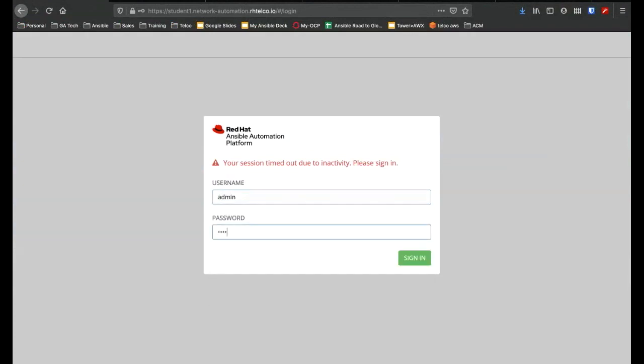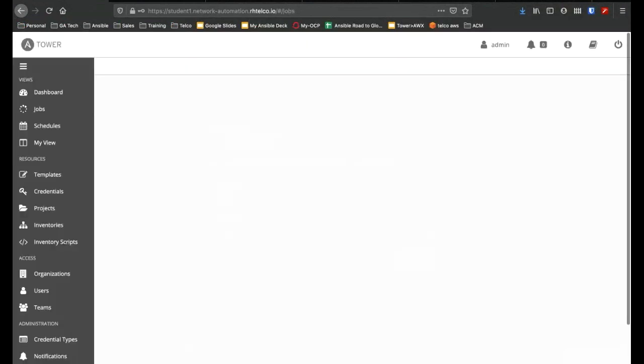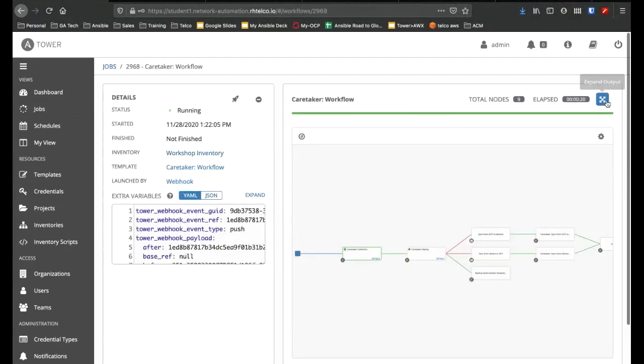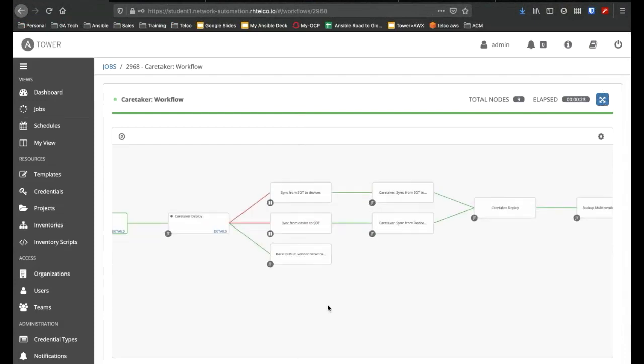I'm going to look at my last job. So you can see that the webhook kicked off this particular workflow, the CareTaker workflow, right? And over here, right now, it's trying to deploy the changes. So it will only deploy successfully if the running config is in sync with the configuration in the last known good config repository. And as we saw when we quickly looked through it, they were pretty much in sync. So this should succeed, and it should not take any of these failure branches,